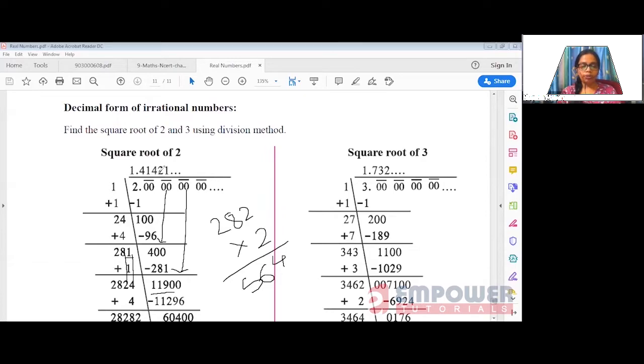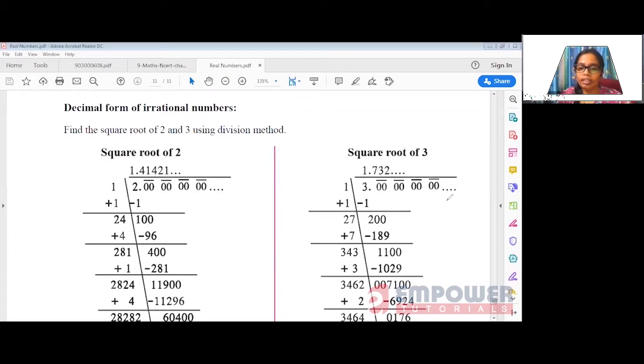So what you will get is the decimal form of root 2, which is non-terminating and non-recurring. So you will get n number of digits after this. If you proceed with this division, there is no end to this division, since you are getting a non-terminating and non-recurring number. So I hope you have understood how to find out the decimal form of any irrational number.